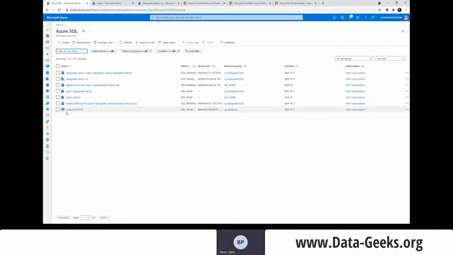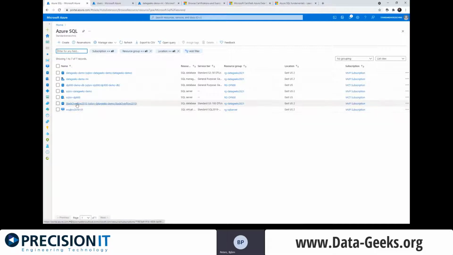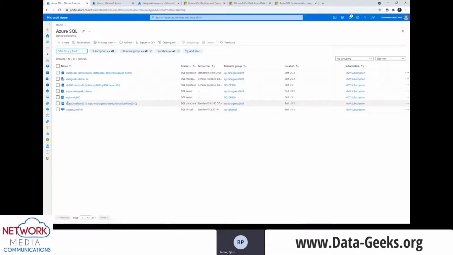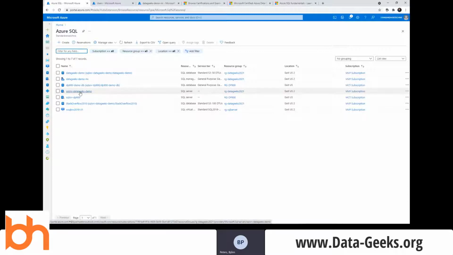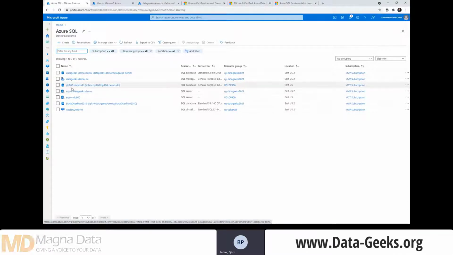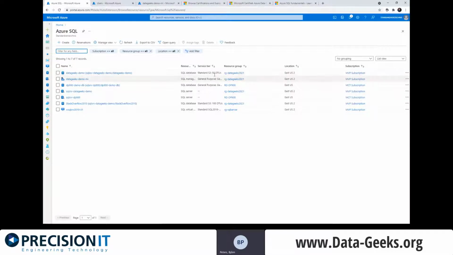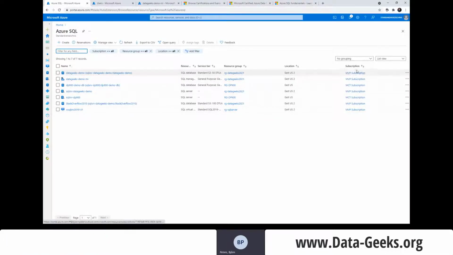And as you can see here, I already have deployed some machines or databases here, and we can see this is my Azure SQL VM, for example. Then I have a database which is named Stack Overflow. Then I have a SQL Server. You can see that in the resource type column here. This is a SQL Server. And I have another database, Data Geeks demo for today, DP900 DemoDB. There is a managed instance here, and you can see all that information around it, where I have deployed it, on which subscription, means all the